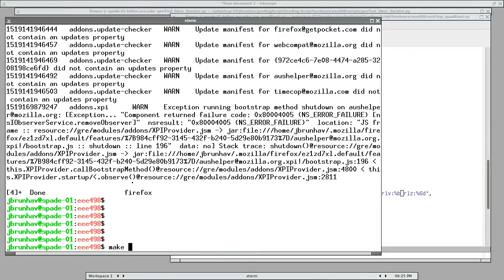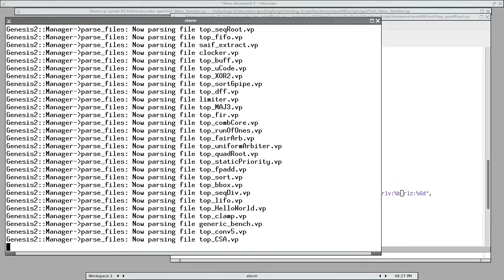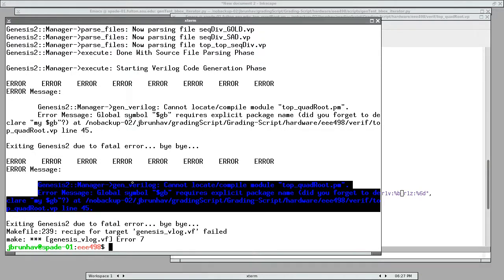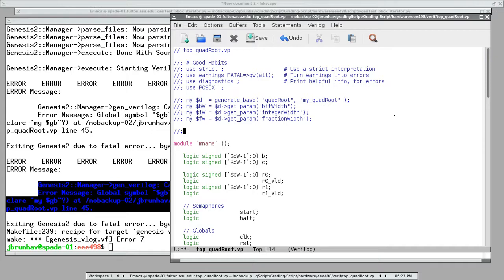Yep, so now we make gen module name equal QuadRoot. GB requires explicit package name. So we forgot to actually generate our generic bench. So let's do that up here. My $GB equals generate generic verif